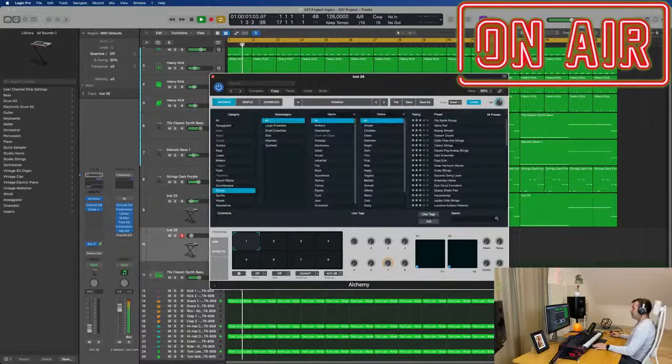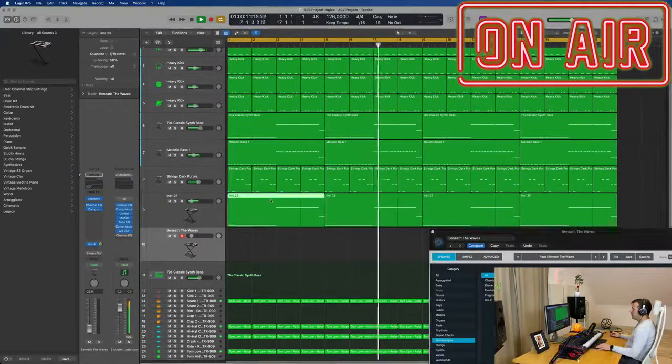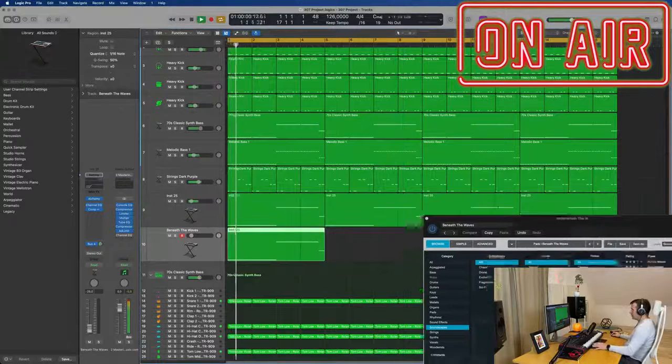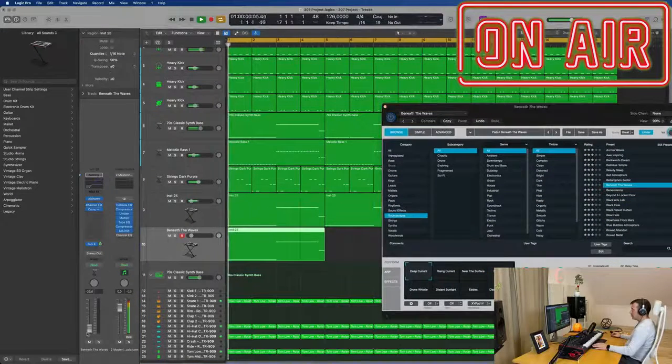Okay, so I'm gonna go to browse. I'm gonna go into sound effect or soundscapes. I would do soundscapes. And what I like to do with this is take, let's say, the keys and run it through it, because I don't necessarily